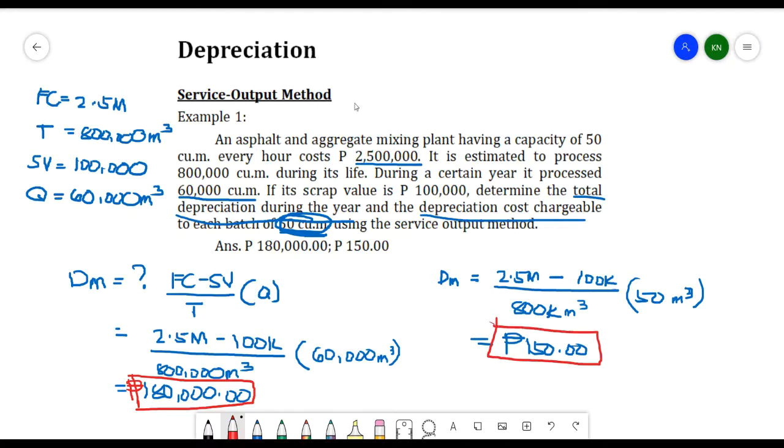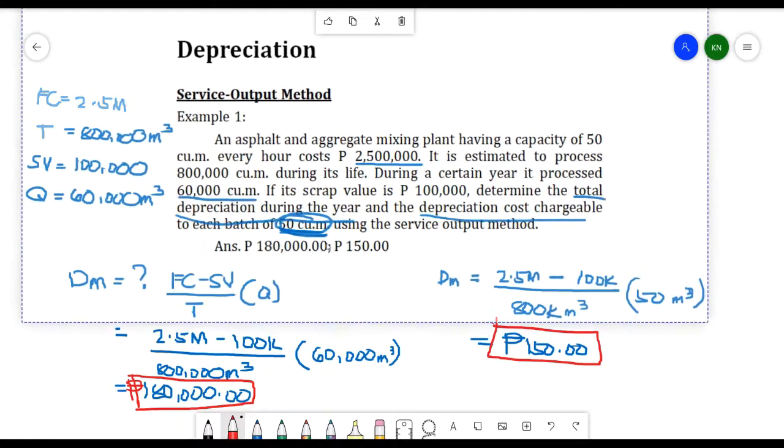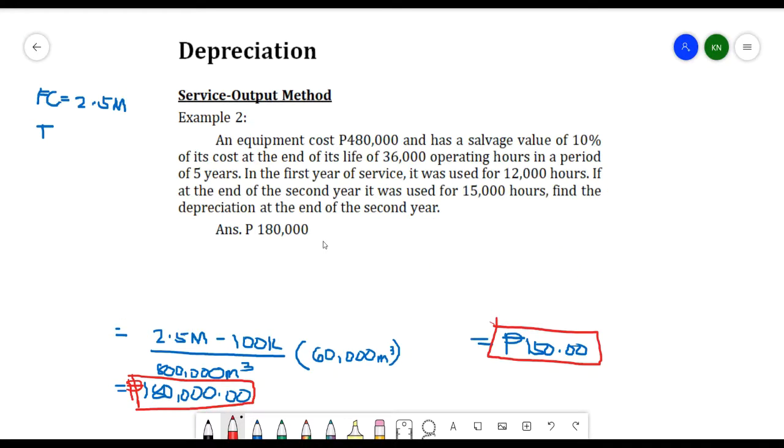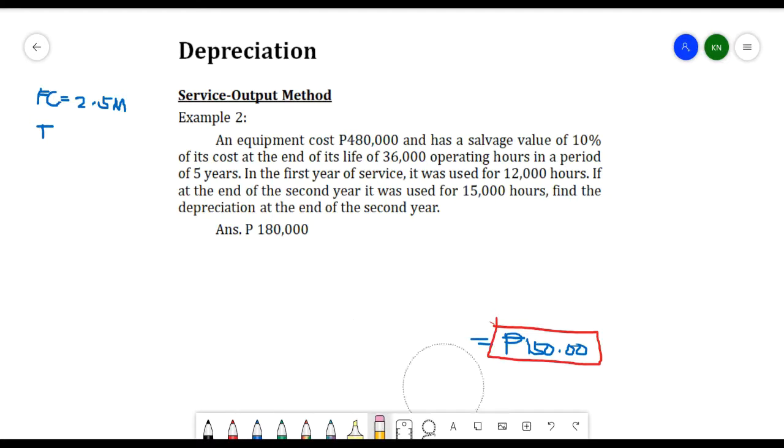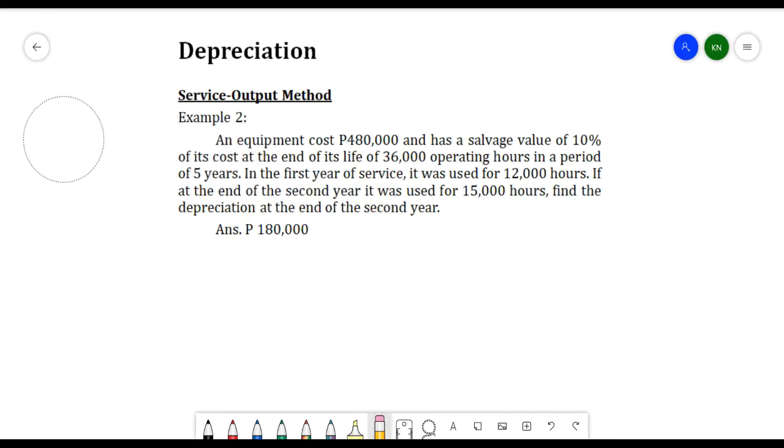So that is now the answer for our problem. Next example is we have here an equipment costing 480,000 pesos and has a salvage value of 10% of its cost at the end of its life of 36,000 operating hours in a period of 5 years. In the first year of service, it was used for 12,000 hours. If at the end of the second year it was used for 15,000 hours, find the depreciation at the end